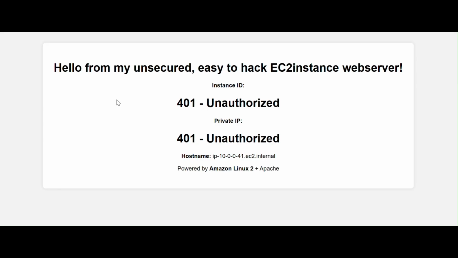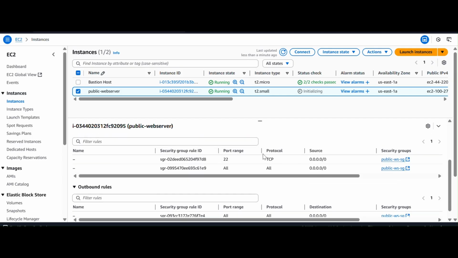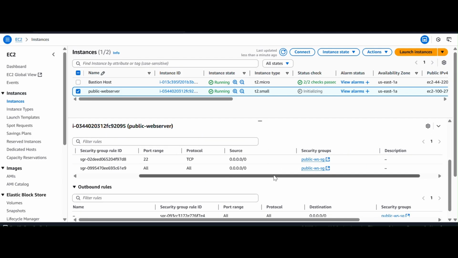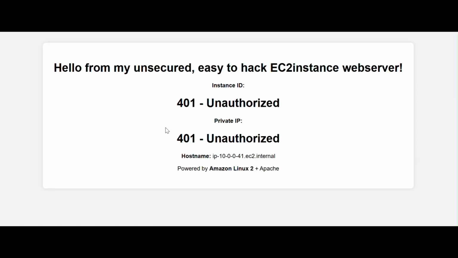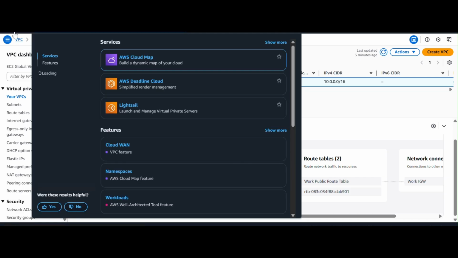But currently the server is overly permissive. The security group does not block anything. It allows SSH, it allows all traffic to go through this instance to the web server. Okay, there is another way to figure this out. What could possibly go wrong, right? Let's go to the console and open a Cloud Shell. A Cloud Shell is like an IDE,